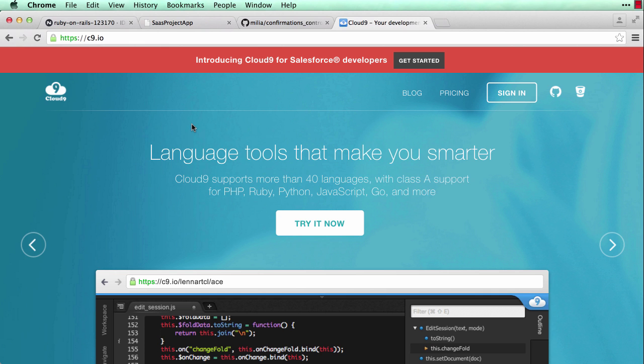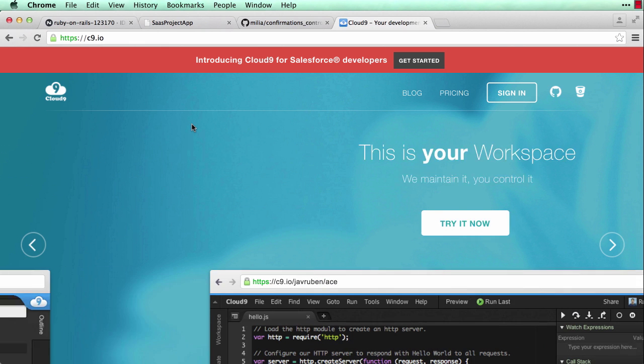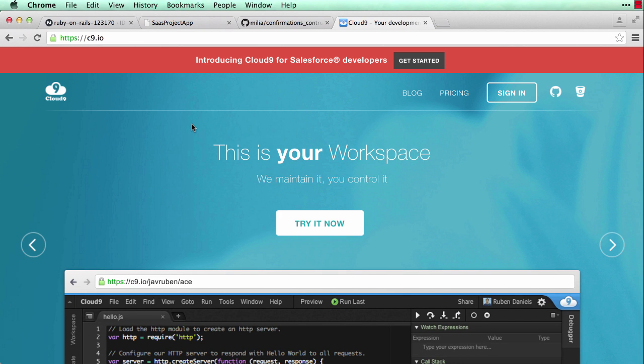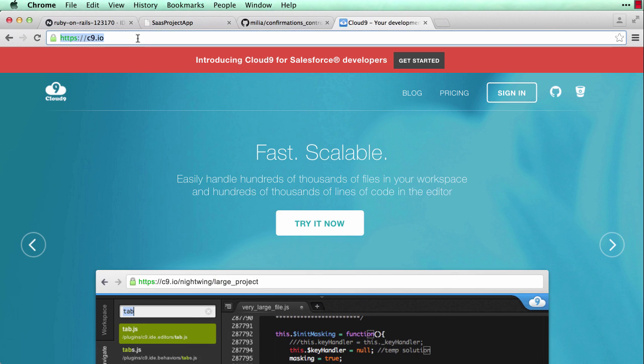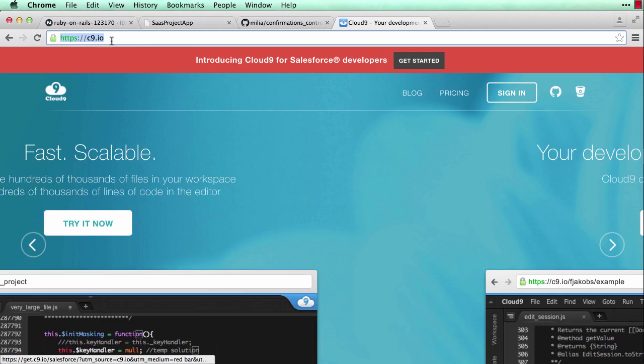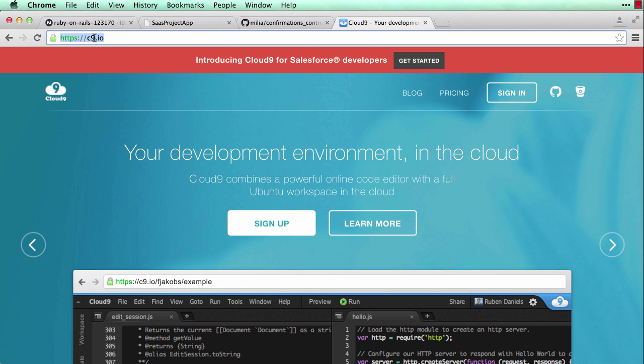Nitrous has changed its pricing model, so now the free tiers are no longer free. An alternative you have for a free workspace is with Cloud9. So you can basically go to c9.io, and then you can click on sign up,